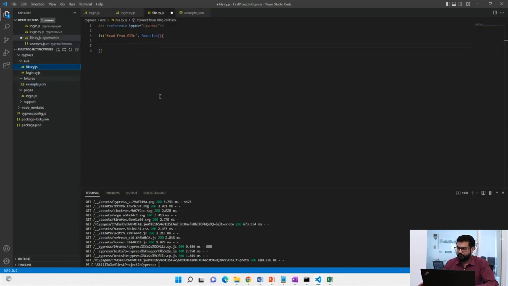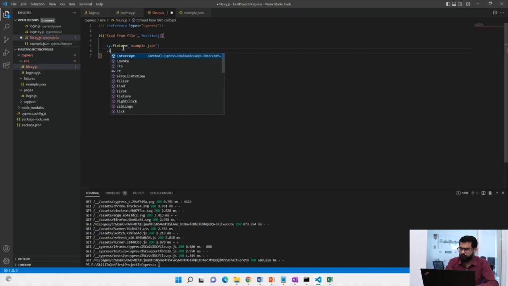So we come to our test and I would say cy.fixture, and then I would say the file in the fixture folder, that is, check for example.json. It can be any file in this folder, and then I would say .its. So this is a method